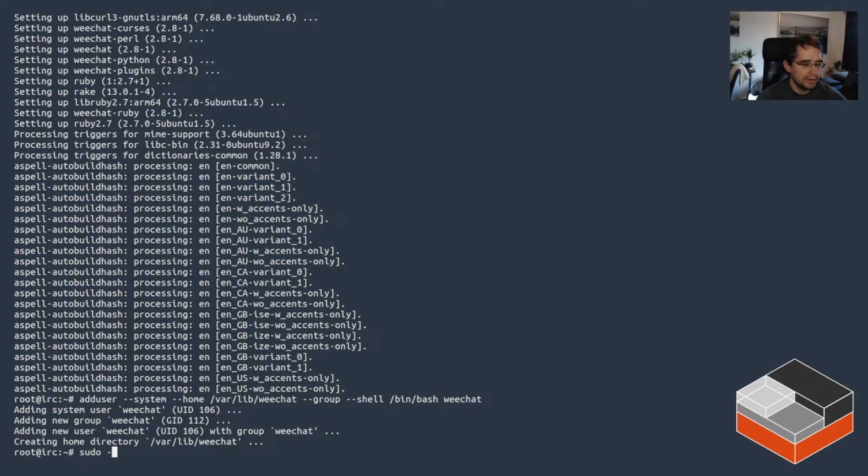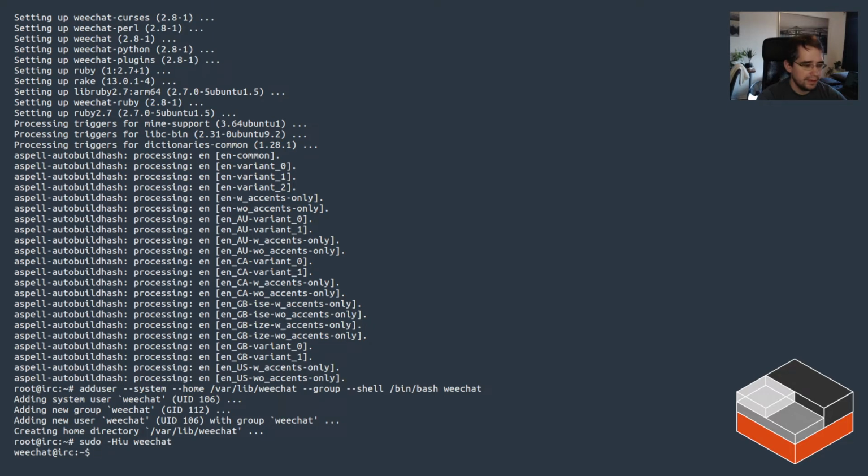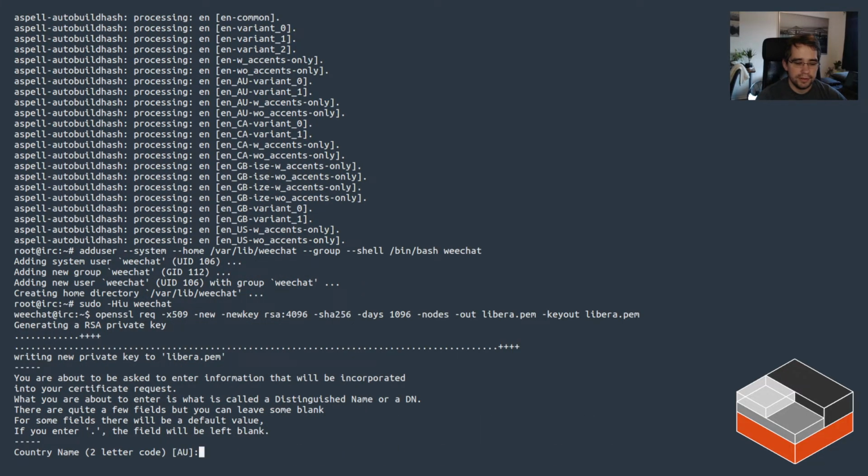Righty. Then the next thing that we're going to be doing is switch over to that user and create a certificate. That is used for authentication with the IRC network we're connecting to. The traditional authentication on IRC